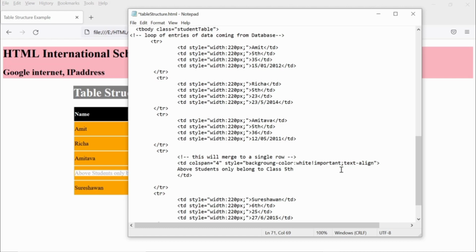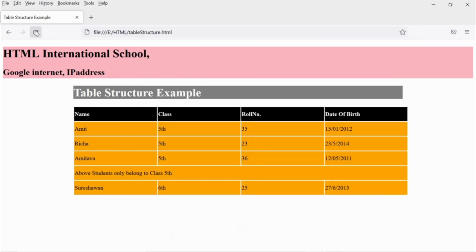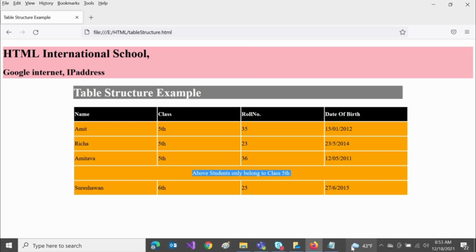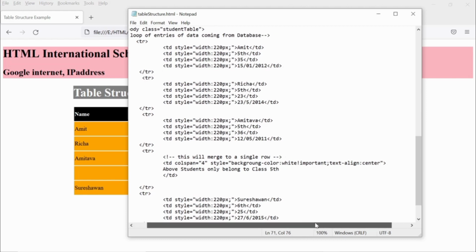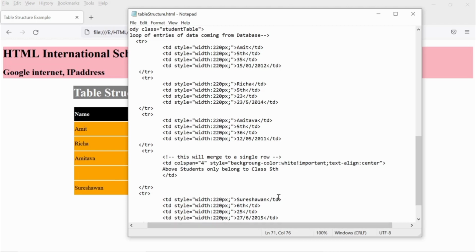And let's add text align to center so that this text will appear in the center of the row. So we'll troubleshoot why the background color is not coming as white for this. See, now the text has been shifted to center, but let's troubleshoot why the color is not coming as white. Because in Notepad I have told you earlier that there can be a typo mistake or